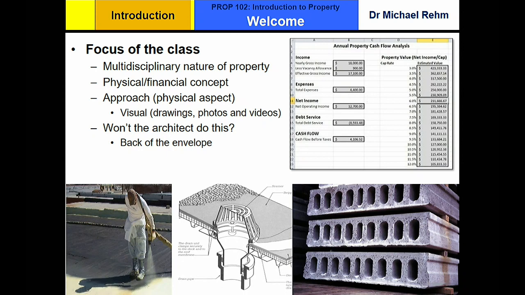As far as the focus of this class, well, property in its nature is multidisciplinary. You look at the different courses in property that we cover here, every one of them is kind of a major in, say, commerce. So we have management, economics, law, marketing. Those are entire disciplines unto themselves, and what we tend to do in property is we have to deal with all kinds of very complex concepts, and then we use them to solve property-specific problems. And of course, it's so multidisciplinary that it goes beyond even, say, this school.